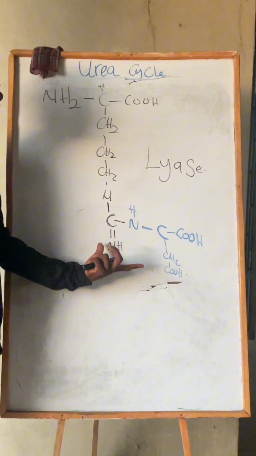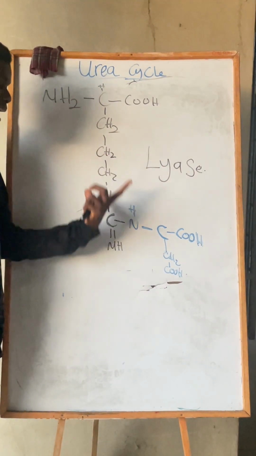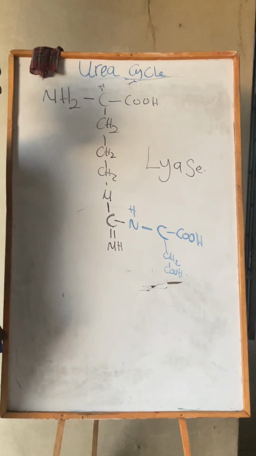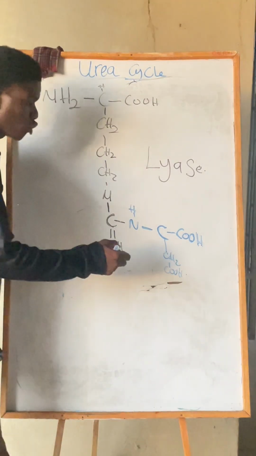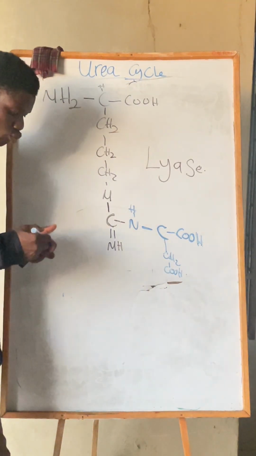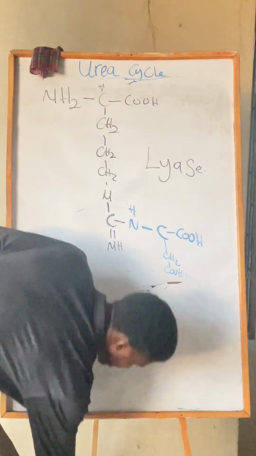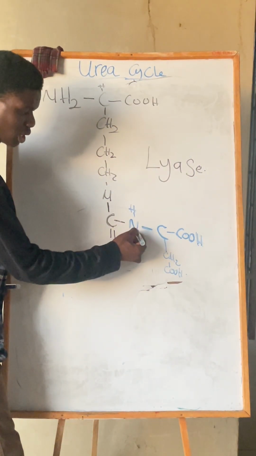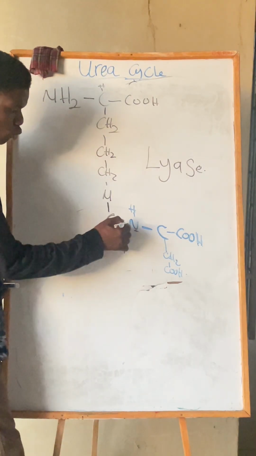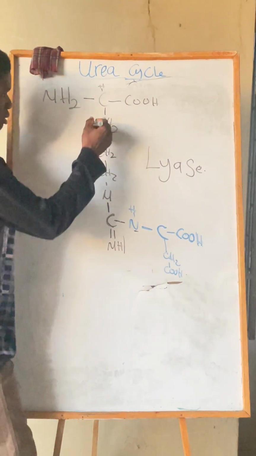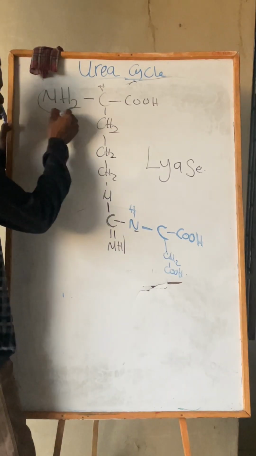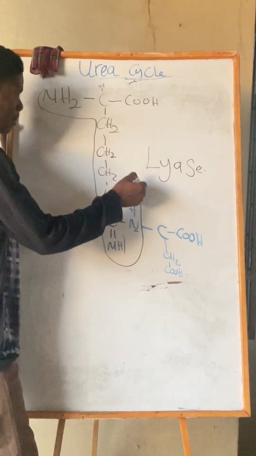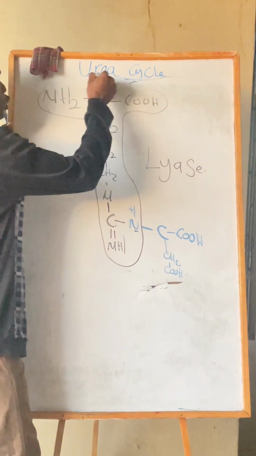So this is the structure of adenosine. Okay. So now the next thing that is happening here is for us to break these two guys. That is, we need to separate them. You've already seen that. If I take this NH to be part of this whole group, if I can take these guys together like this, it will give us the structure of